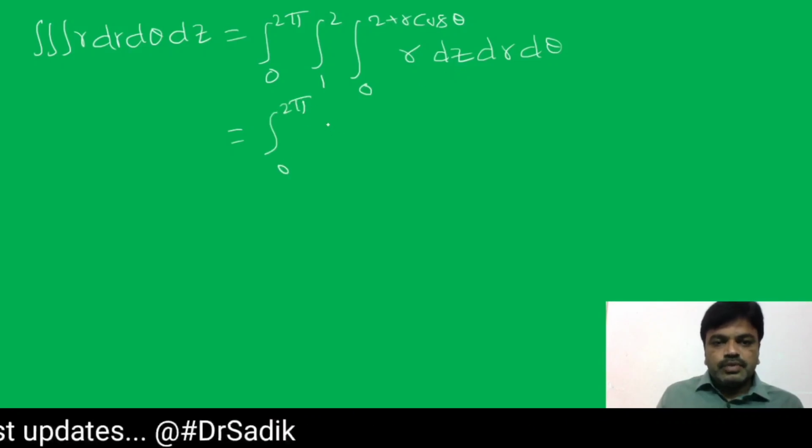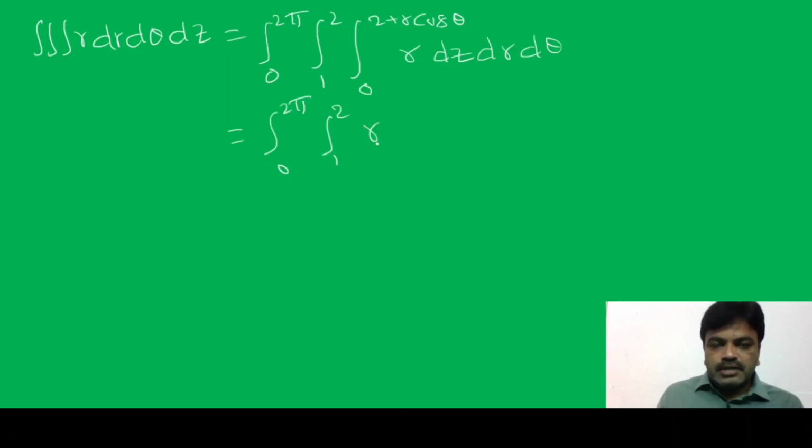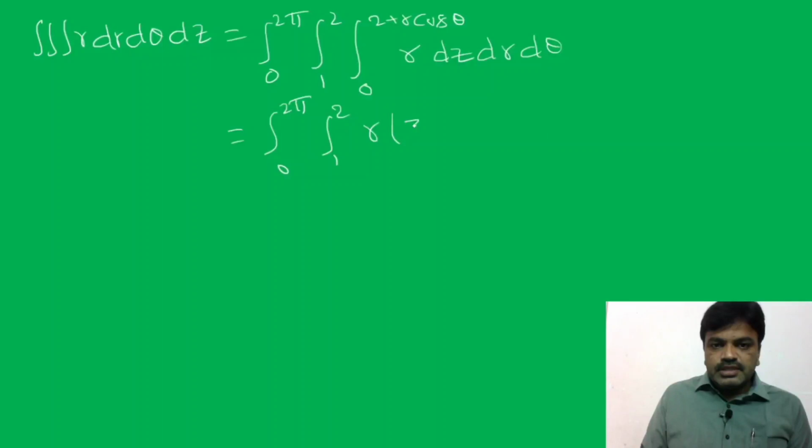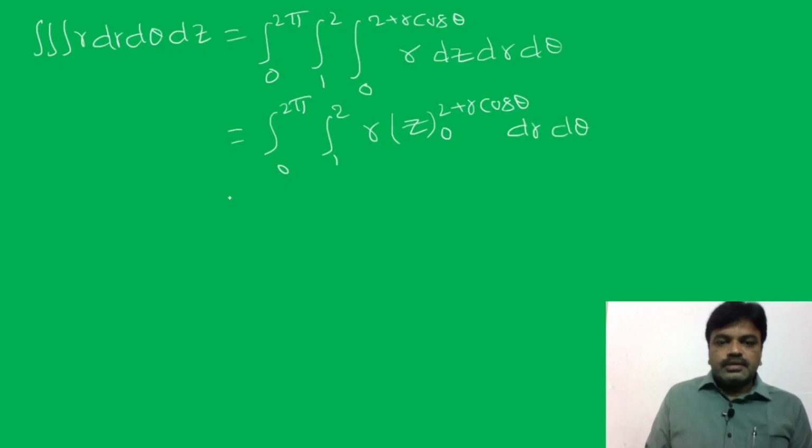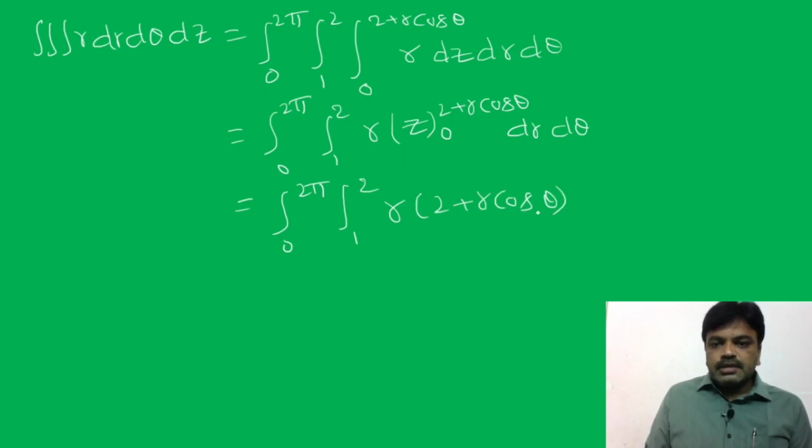Integral 0 to 2π, integral 1 to 2, r with respect to z. r is constant, so integral of dz is z between 0 to 2 + r cos θ, into dr dθ. That is equal to integral 0 to 2π, integral 1 to 2, r, substitute the upper limit, we get 2 + r cos θ, and for the lower limit the value is